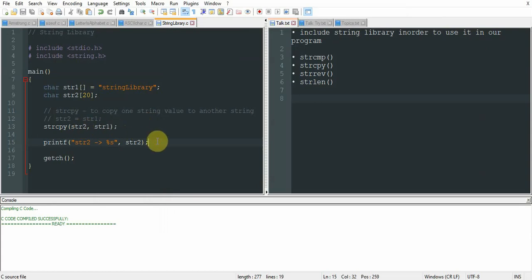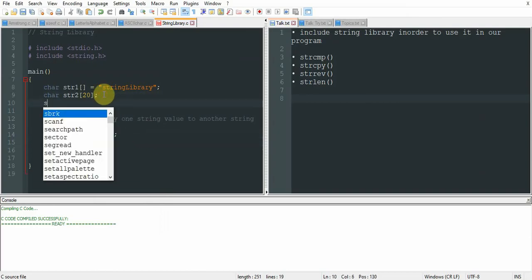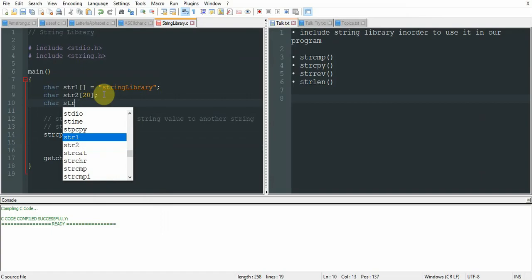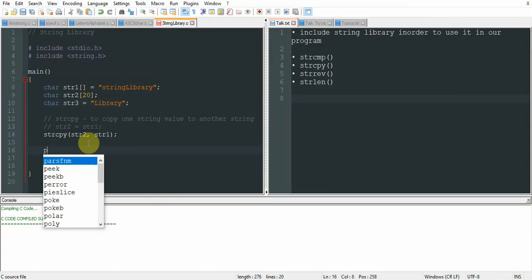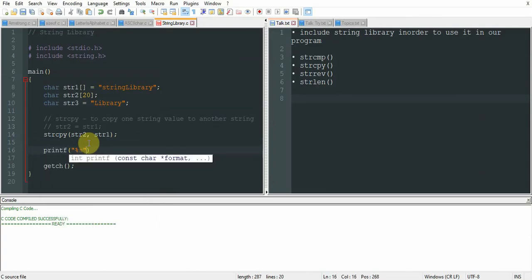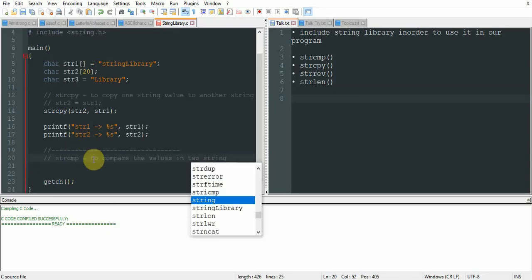And next, string compare. The string compare is used to compare the values in two strings.